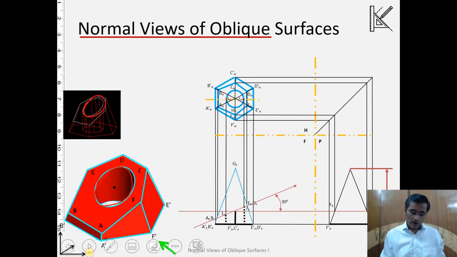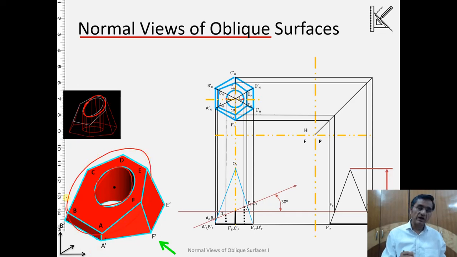Now there are some other lines, okay, center lines. Our purpose is we want to create the true shape of this inclined plane. What we have now in the frontal is the edge view, because this line is representing the edge view of the oblique plane. Also we have now on that edge view the different locations or different points. Okay, so we'll be making use of this because now we can draw the projectors from the frontal onto the auxiliary plane along different points.